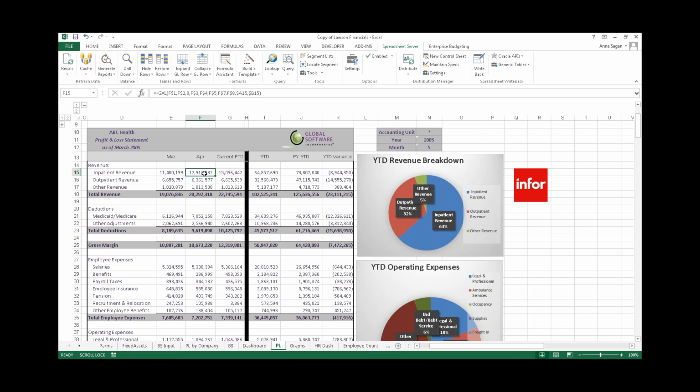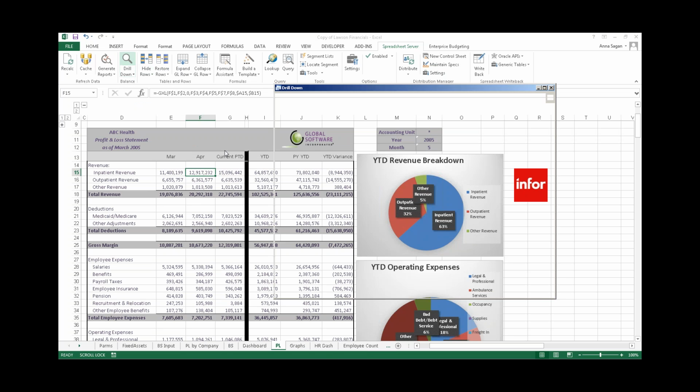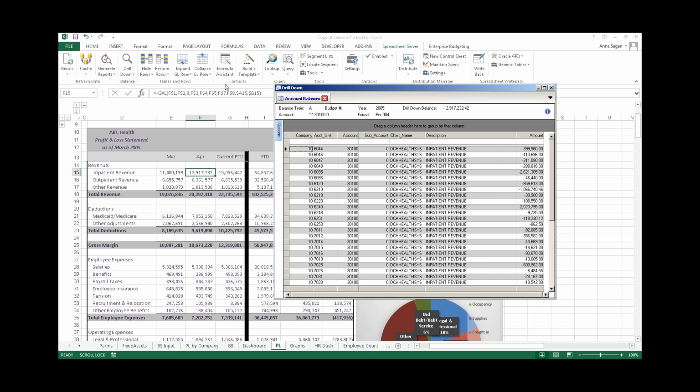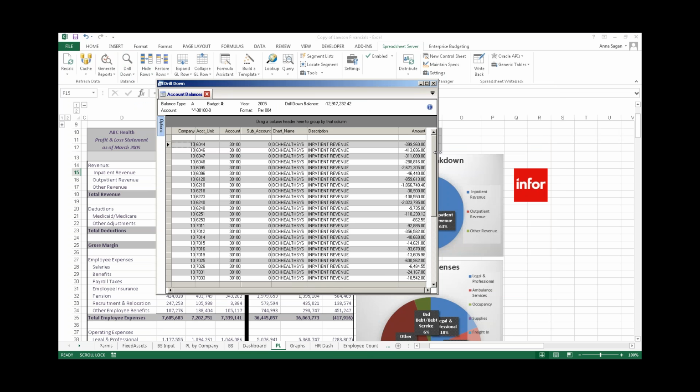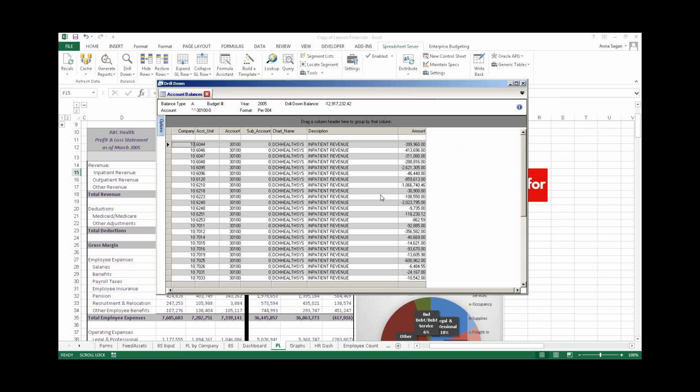Of course, at any time with Spreadsheet Server, I can drill down. So anytime I click on a balance and you see that formula up there, that means that that's a live balance. So I can immediately drill into that balance. And if you notice what it did here, it brought me back all of the details that sit behind that balance. So you can see, looking at actuals from year 2005, and there's the balance there. It's looking at this account range. And then looking at